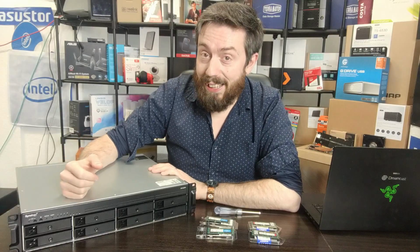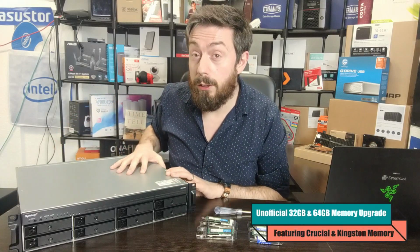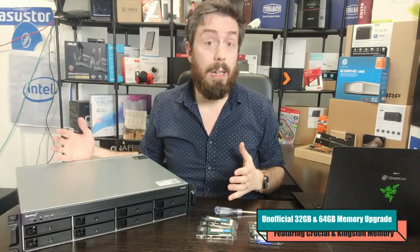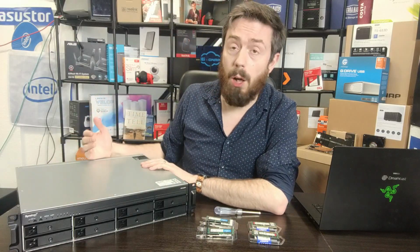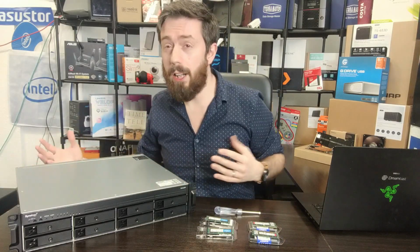Hello and welcome back. Today I want to continue talking about memory upgrades on NAS, and today we are looking at the RS1221 Plus, Synology's affordable but very powerful and functional 8-bay rack mount half-depth solution. It's got the Ryzen based processor inside, that V1500B. It's also got 4GB of DDR4 ECC memory inside, and the system features 4 LAN, it's got PC upgradability,